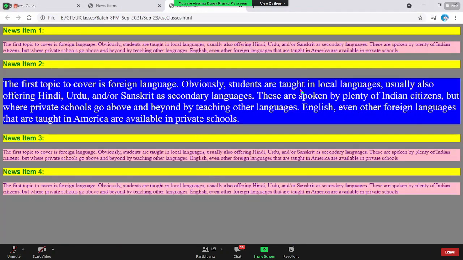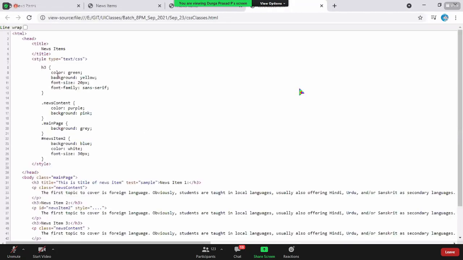The advantage is that if you go into the source code, we are not wasting memory by taking a separate class name. Okay, super fine, that is good. But do you recommend it? If there is a paragraph tag, why define a class called news content? Instead, you can directly say it is a P tag, and automatically every P tag will have the same look and feel. But it is not recommended to go with tag-based CSS. It is not recommended to define a class using the tag name.